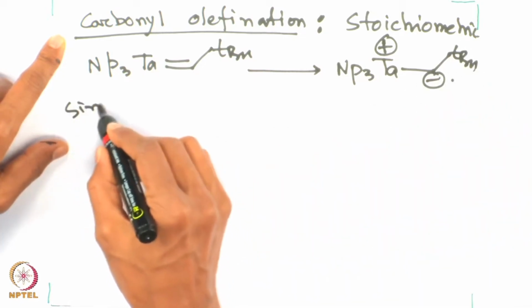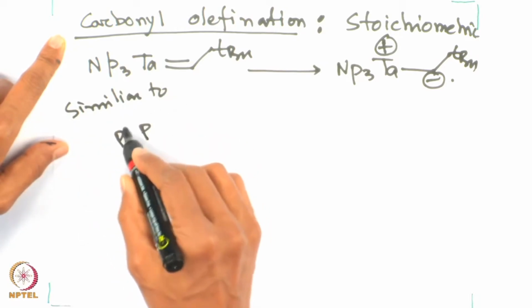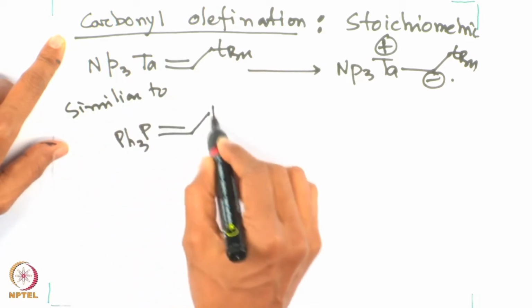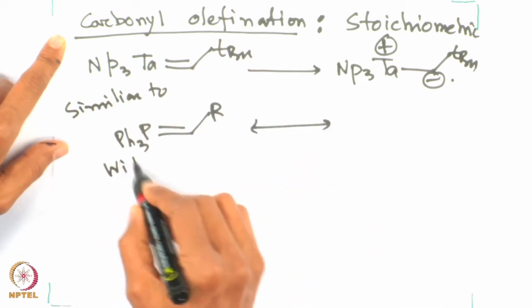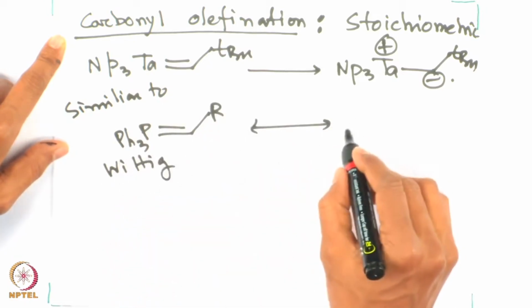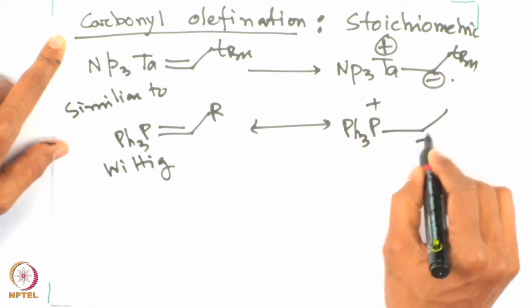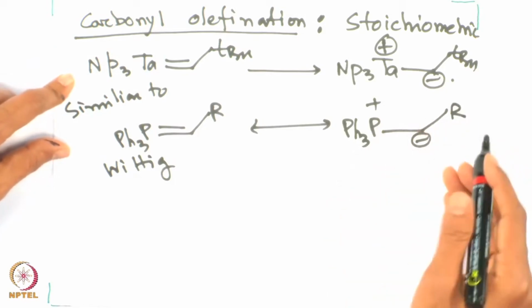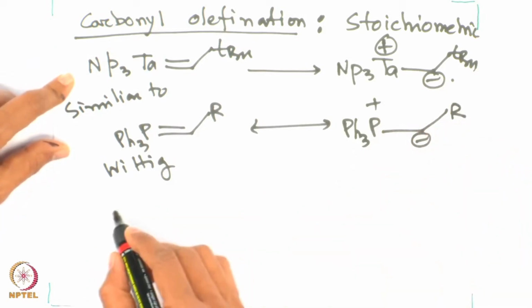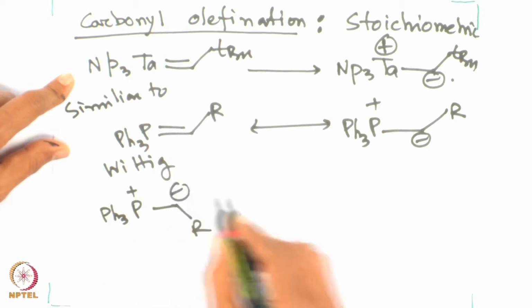This is similar to what you know about the Wittig reagent. This is your Wittig reagent, and this is an equivalent thing for a Schrock carbene reaction. Now, overall what you do in the Wittig reaction is this triphenylphosphine and this alkylidene